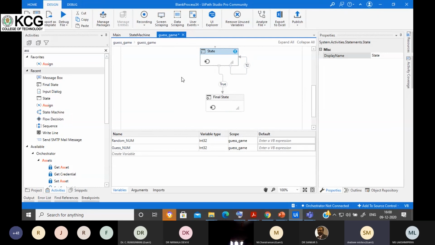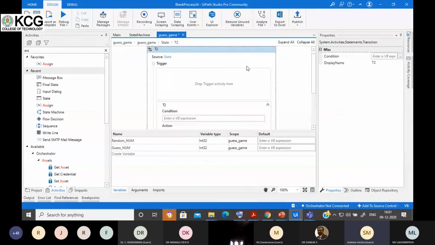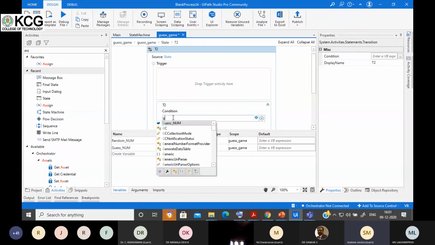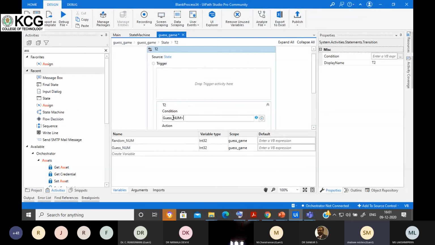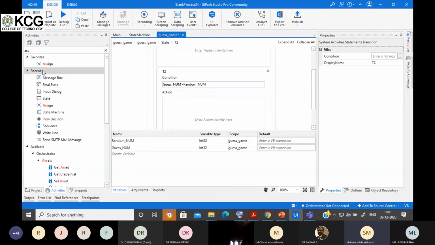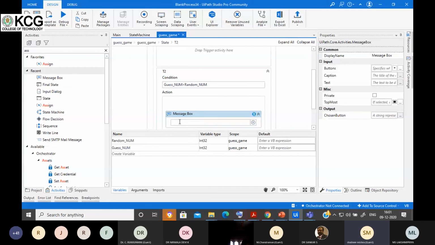And here I am adding the next condition, like if the user guesses wrong. This is T3: if guess number is greater than the random number, what message do you want to display to the user? Like please guess a smaller number.